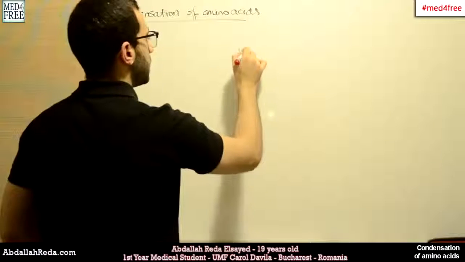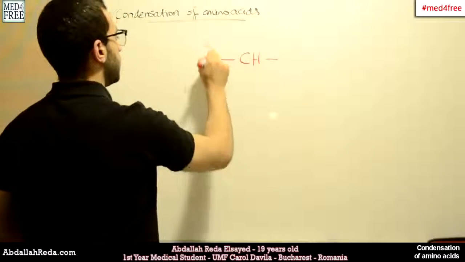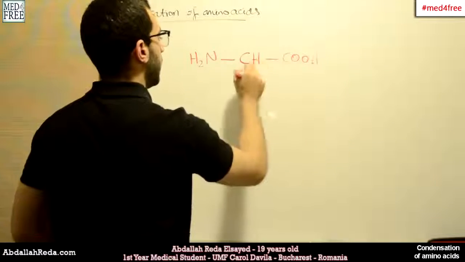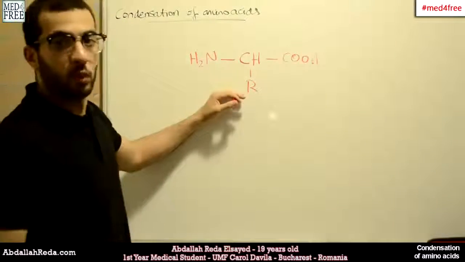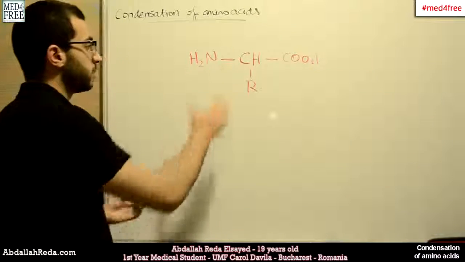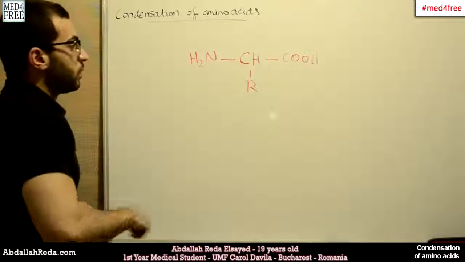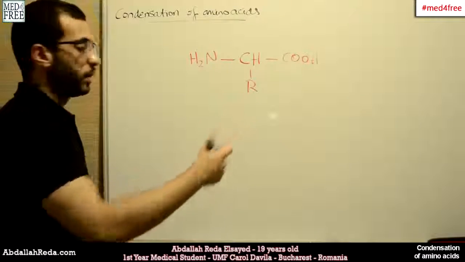We have a carbon atom, an amino group, a carboxylic group, and an alkyl group, which is basically the more carbons that we add in order to form the amino acid. But this is the basic formula. So in order to add up more amino acids to form a longer peptide chain,